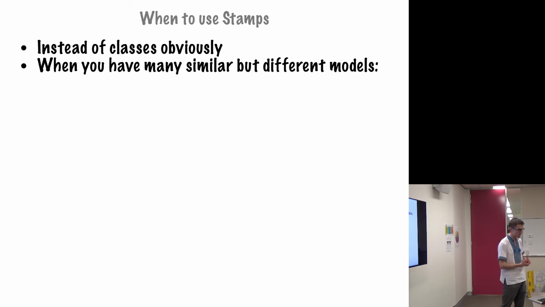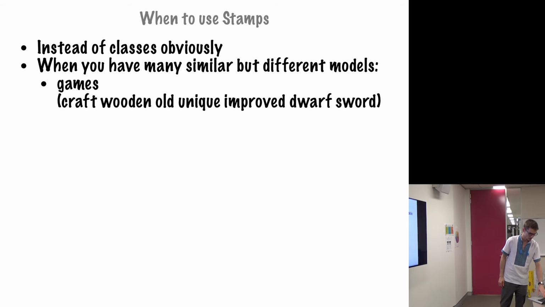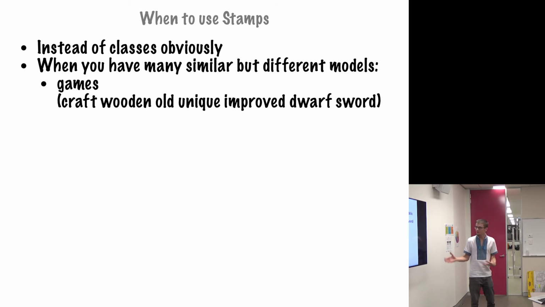When you have many similar but different models, for example, in games, have you ever heard of Craft Wooden, Old, Unique, Improved Warsword? All these words, each one of them can be a different stamp. For example,